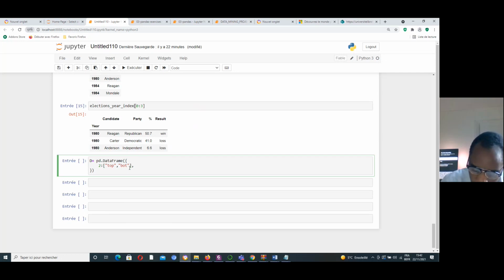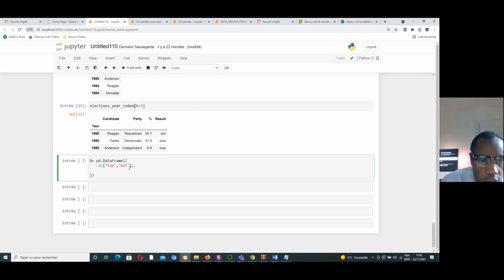First element, the one is a little like that. For example, I can put the top one like a string.